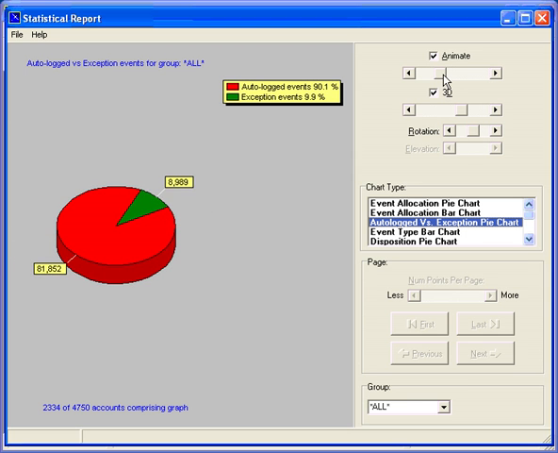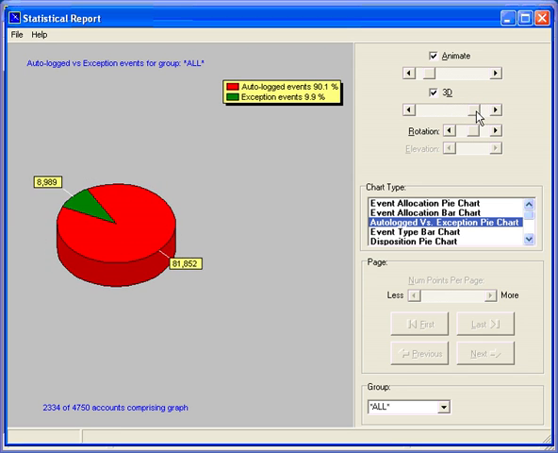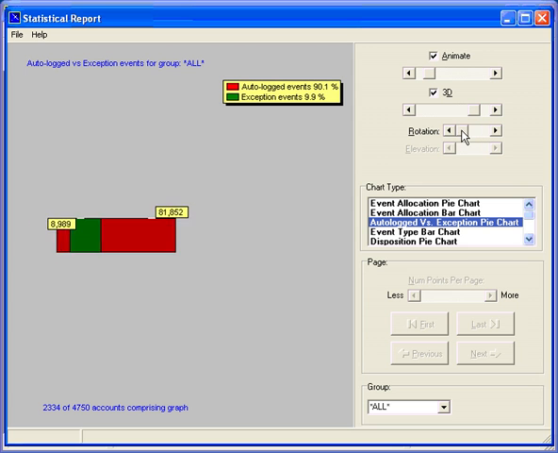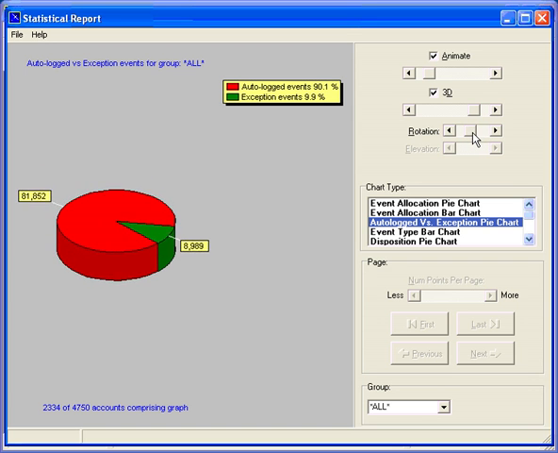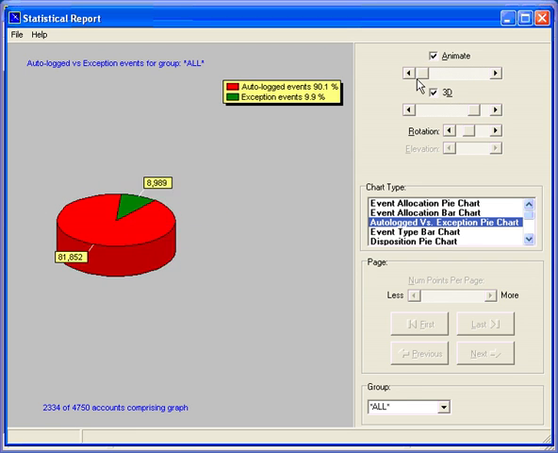Now let's look at a couple of other things that we can do. We can animate, which means speed up and slow down the rotations of the bars or of the pie graphs. We can give more depth or less depth to what we're looking at. We can control the three-dimensional look of the rotation and get an excellent feel. I'm going to slow down the actual speed here and take note that